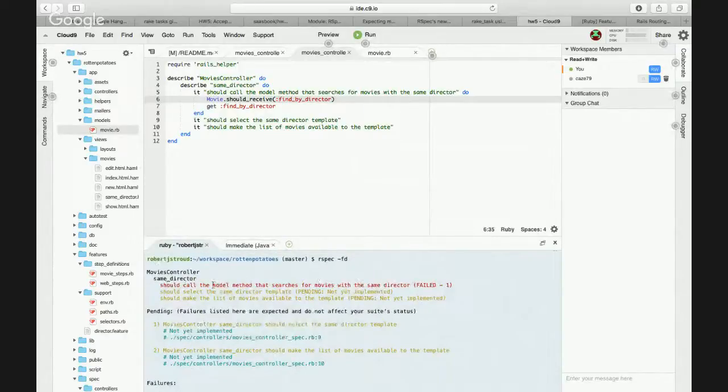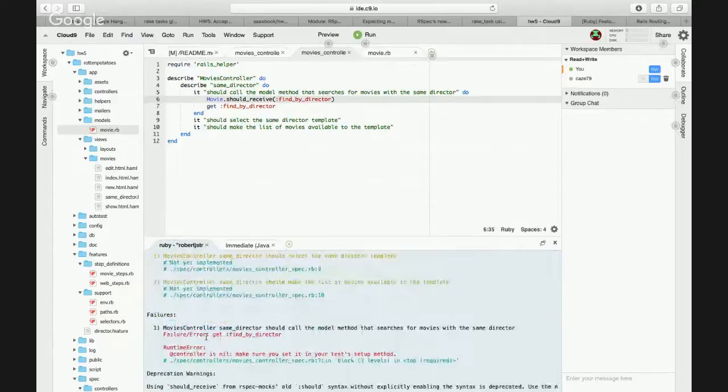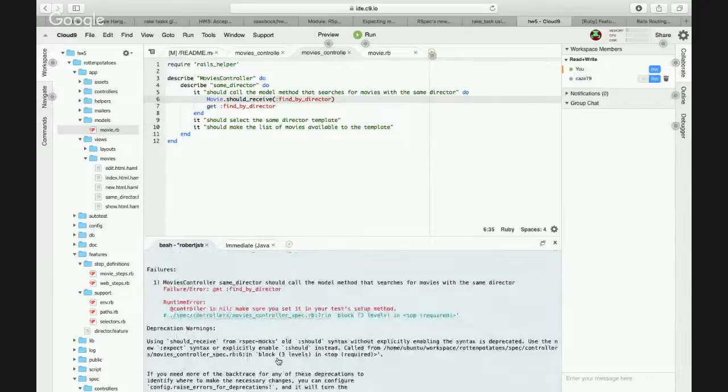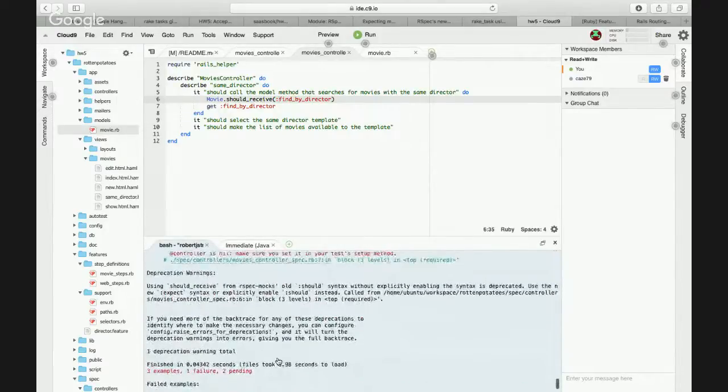Okay, so it says should call the model method that searches for movies with the same director. It failed. The reason it failed was because get find by director controller is nil. Make sure you set it in your test setup method. But why would the controller be nil? And then it gives us a deprecation warning as well. Now I know how to make the deprecation warning go away, but